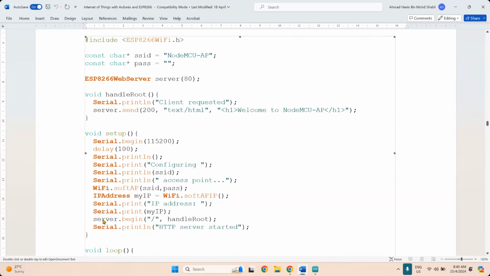Whenever it is called, handleRoot will be executed, and whatever we have inside here is your return page, just a very simple HTML return page: Welcome to NodeMCU AP. It means that when you call root, this will be written.